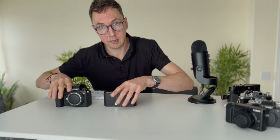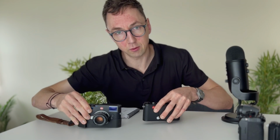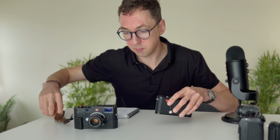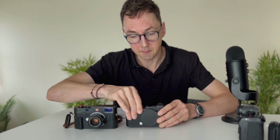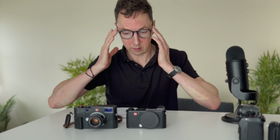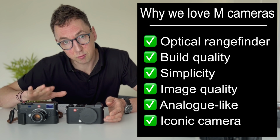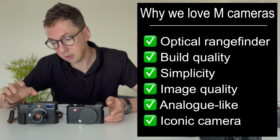Before we cover these, let's first just cover the Leica M cameras. So if you're a Leica M fan, many of us love our Leica M cameras because they're small and compact. Many people that use Leica M cameras perhaps didn't like the Leica CL because it was APS-C. Main reasons I think for buying an M camera would be size, the rangefinder, the beautiful build quality and the